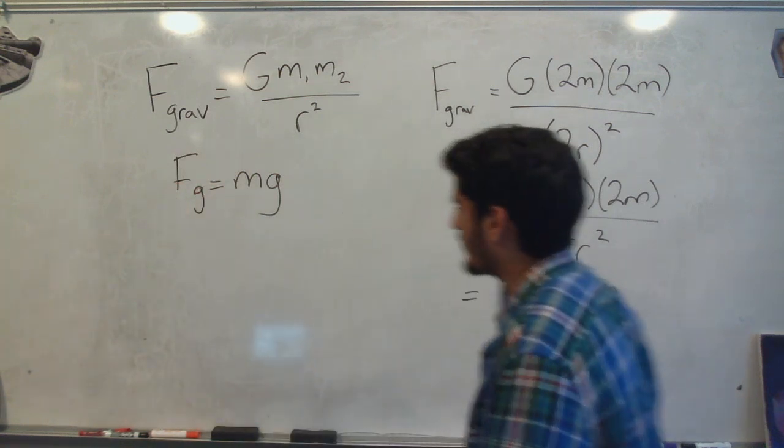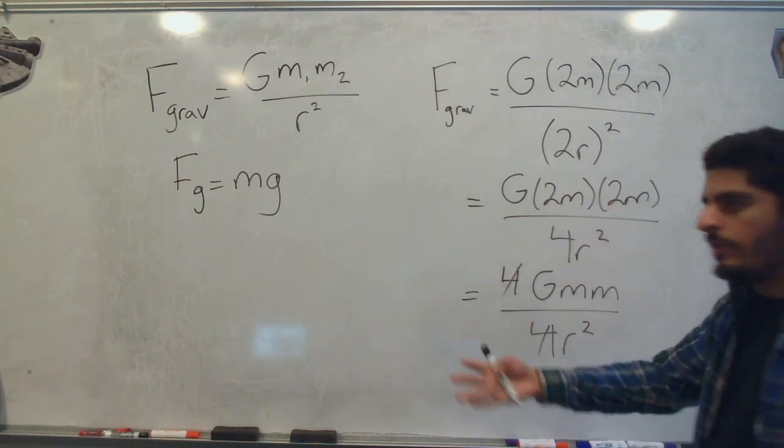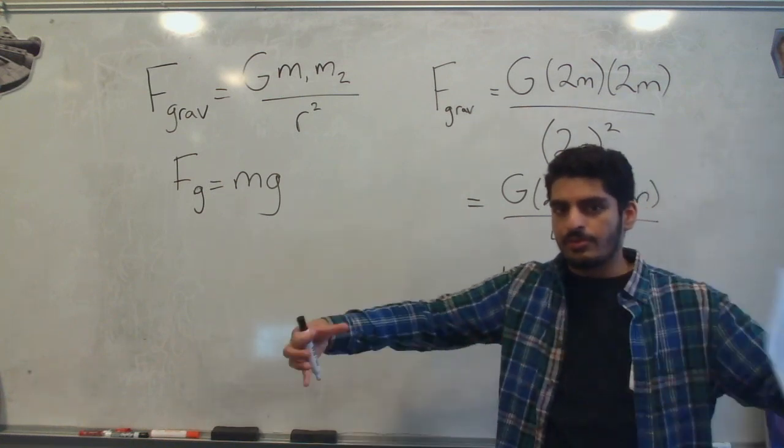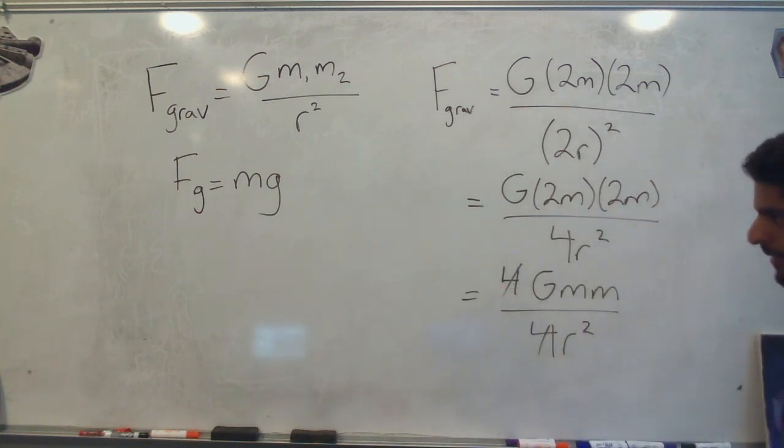And so this is telling us if we were to double both masses and double the radius, there would be no increase or decrease in that actual force of attraction between the two objects. It stays the exact same. Nothing there. This is more of a conceptual kind of question, but I really like gravity because there's really only